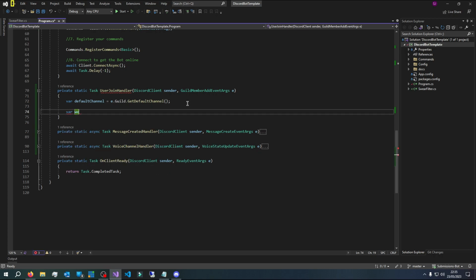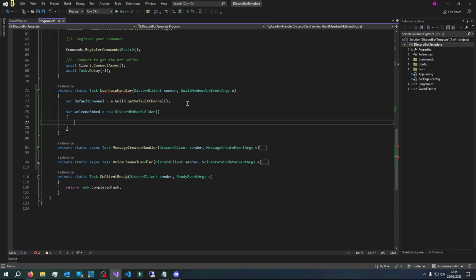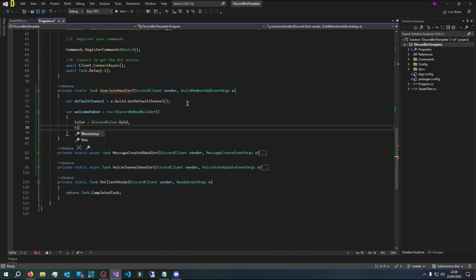Now we can just make a nice embed. So we can say var welcomeEmbed, and then new DiscordEmbedBuilder, and then we can just make it look cool. The color is, I don't know, gold, so we'll say DiscordColor.Gold, and then we can set the title as "Welcome", and then we can just pass in the user. So we can say e.Member.Username. Welcome to the server,